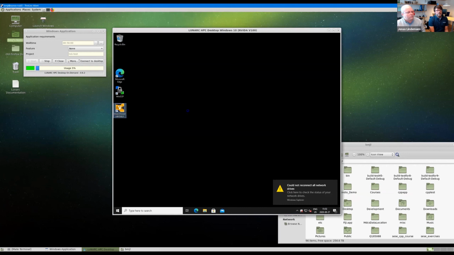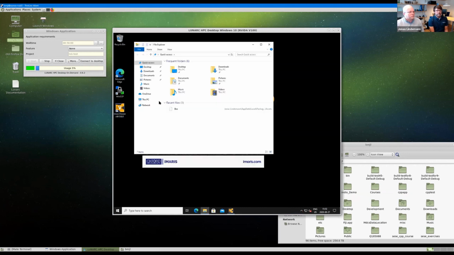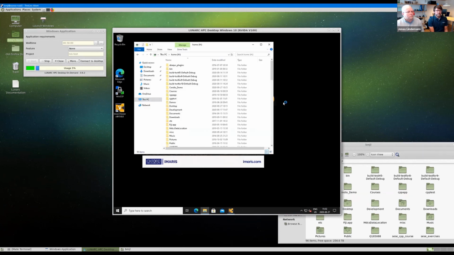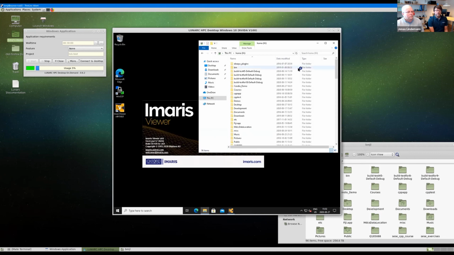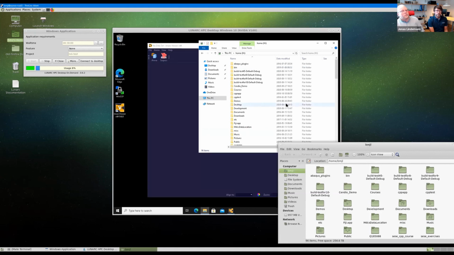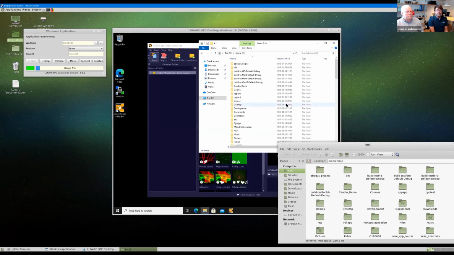If you maximize this window, it looks like a Windows 10 RDP session, so you can more or less obscure the Linux parts. And as Jonas shows us, the protocol server serves the same data to Windows as is visible from Linux, meaning that we can go back and forth between the different OSs accessing the same files. Yeah, exactly. The same files here as we have in the other window.